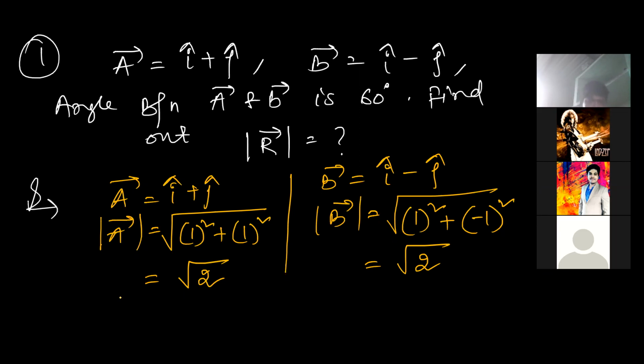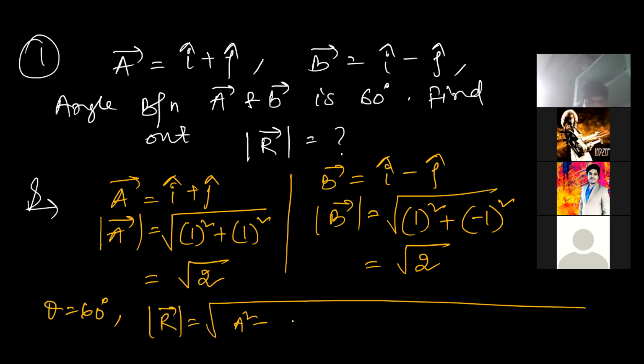Okay, thank you. Now here the angle theta is equal to 60 degrees. So I can say modulus of R vector is equal to under root of A square plus B square plus 2AB multiplied by cos of the angle theta, right? We have to apply this formula. So just substitute all of the values and tell me the final answer. The value of modulus of A vector, modulus of B vector, the value of angle theta, everything I have given. Now for this first question, if I am solving it for you, then I hope it will be easier to understand.